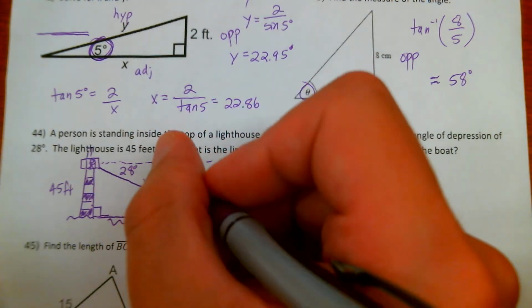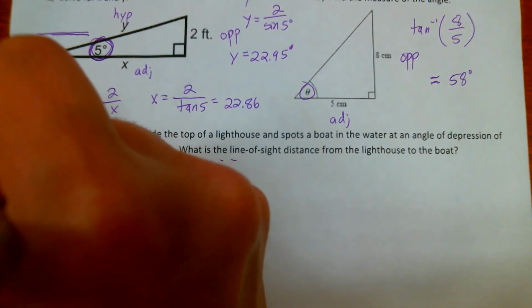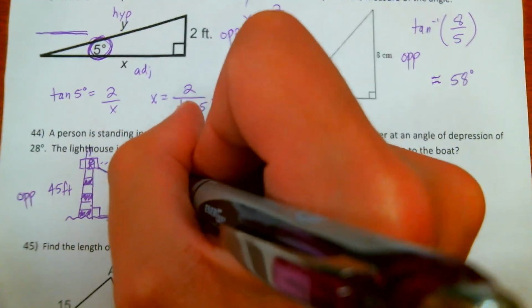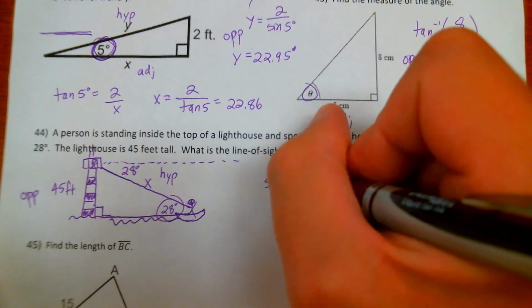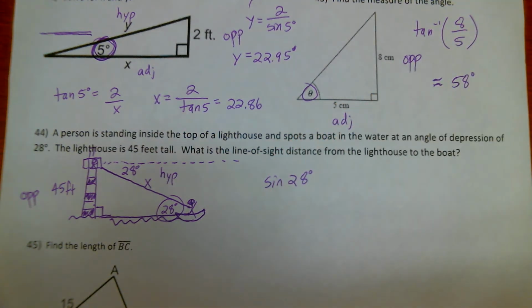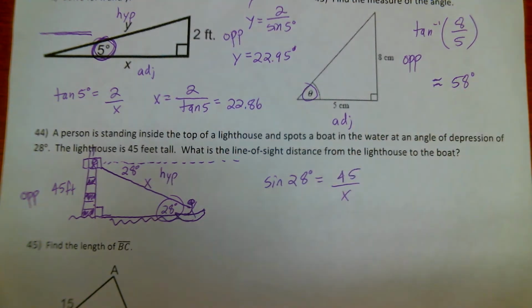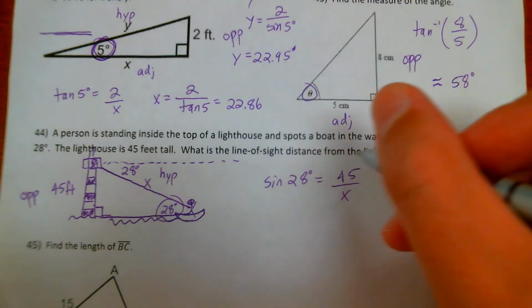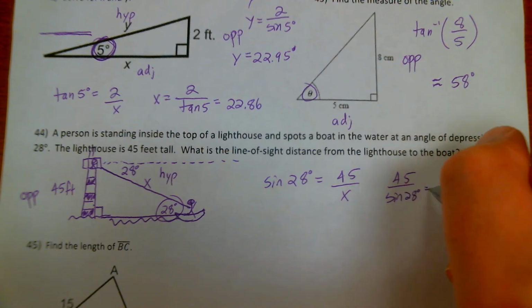All right, so we're going to use trigonometry. Step 1, circle your angle. Step 2, label. That's opposite. X is your hypotenuse, so we need sine. So I'm going to say sine of my angle. I need regular trigonometry because I'm finding a side length. Sine is equal to opposite over hypotenuse. The variable is in the bottom again, so we're going to divide. 45 divided by the sine of 28 degrees, and we get